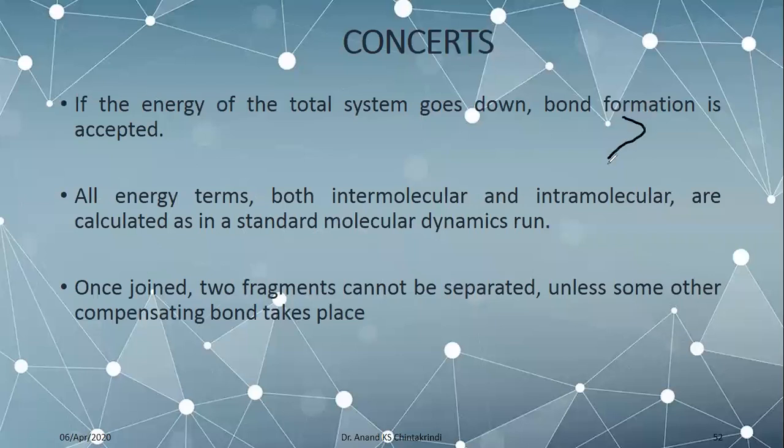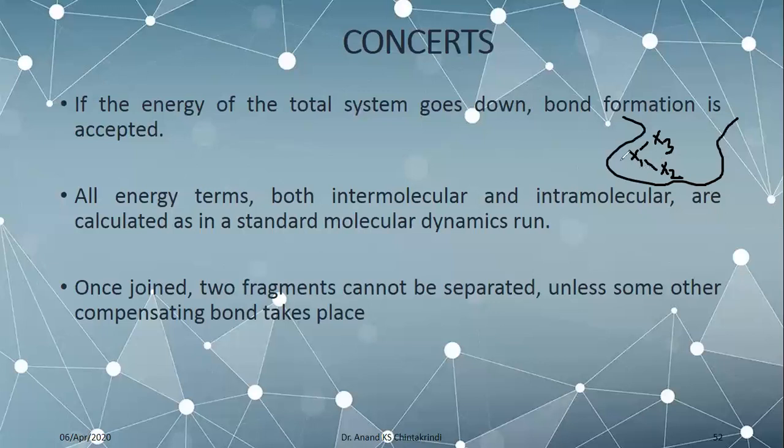So you have the active site here, and say x1 is connected to x2. Once joined, these two cannot be separated unless some other compensating bond takes place. So if this x1 is again connected to x3,